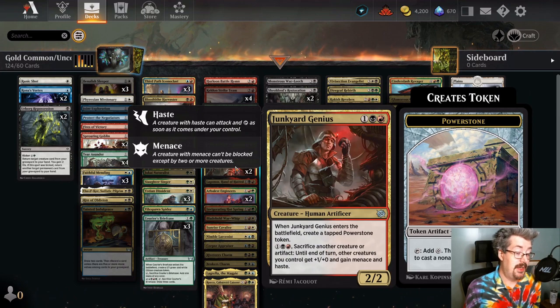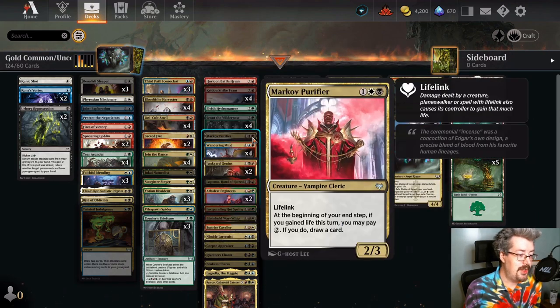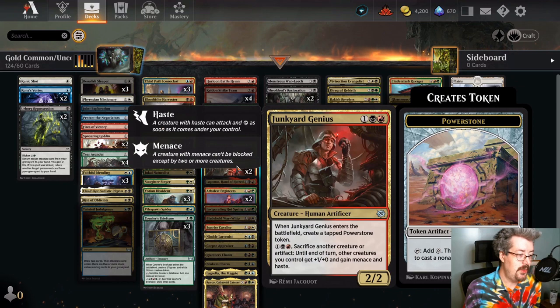Junkyard Genius. This card is so much better than it looks. If you're running an Oni Cold Anvil deck, I am pretty sure you want 2 copies of this. So, like the Blood Tithe Harvester, it comes down, makes an artifact. That's great. You want to be able to sacrifice something to feed the anvil. Keep going wider with your board. If you have 6 mana,